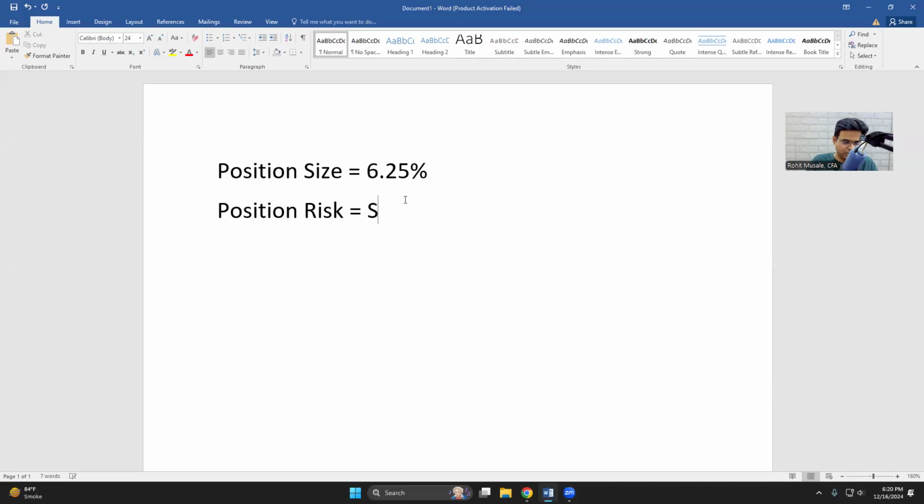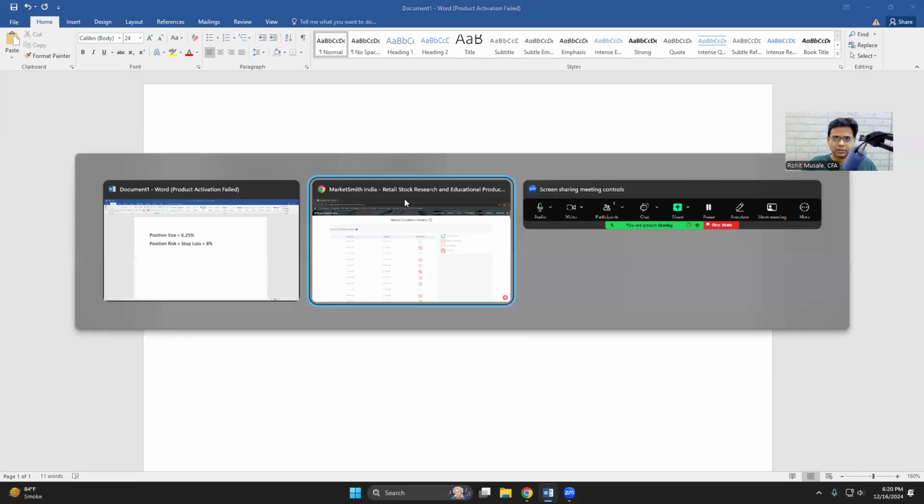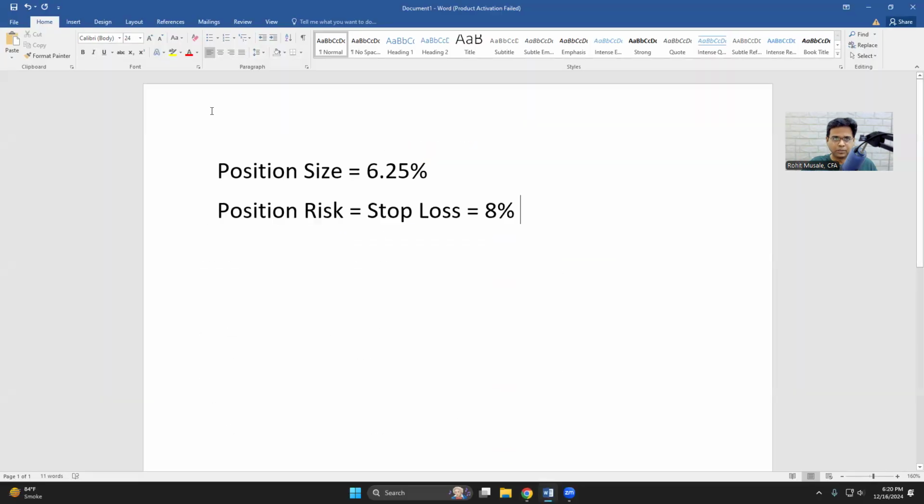Position risk is nothing but your stop loss, which is equal to 8%. This is ideal. 8% means you are giving enough room for the stock to fluctuate. You are giving enough time for the stock to fluctuate, because sometimes the stock will squat from its buy point. Just to give you an example, if you go here,